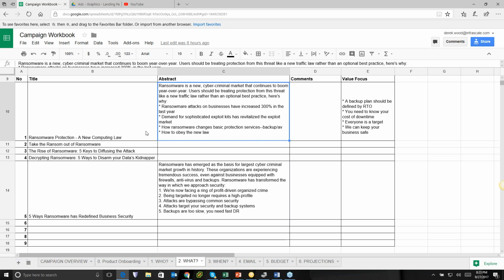No reason to make running a campaign and generating new business more costly nor more complicated than it really needs to be. So once you have a couple of these abstracts, then eventually you'll have some presentations, and then each new abstract and presentation just becomes that much simpler to put together. So this is going to be the basis of your landing page, your email invite, and your talking points.